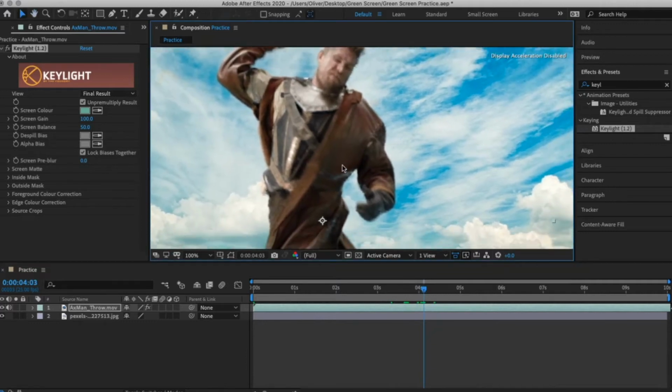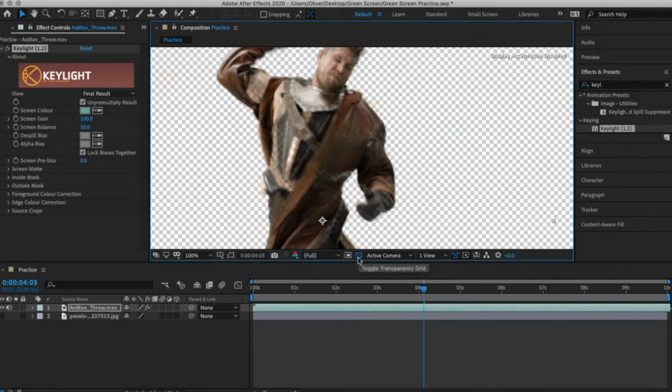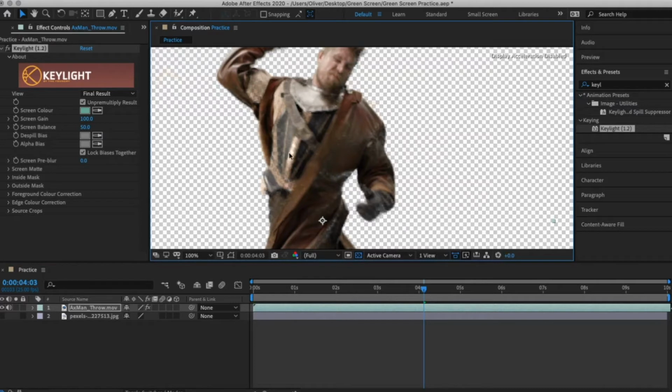This is a good frame to pause on to illustrate what I'm on about. Now we can see this a lot better if we turn off our background and we turn on our transparency grid, which is just here. So that actually looks pretty good, but then we turn this on and boom, we're ghosting in so many places. So with that in mind, now what I'm going to do is drop down this screen matte button here,